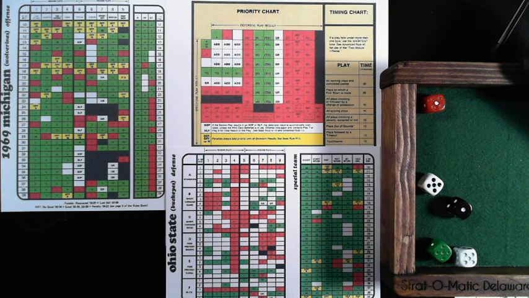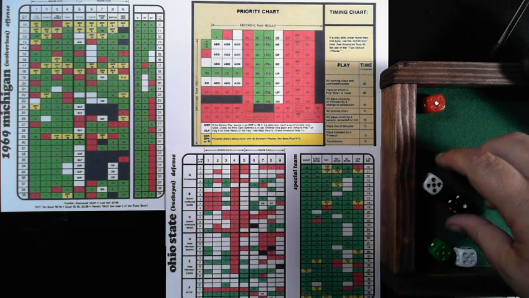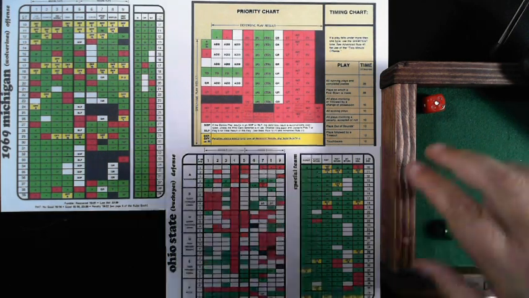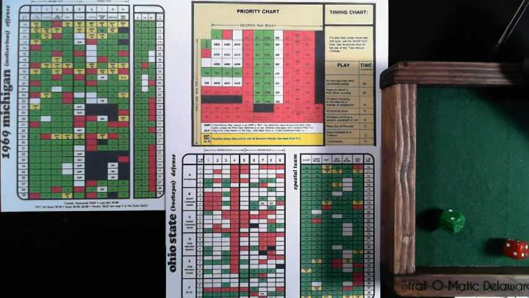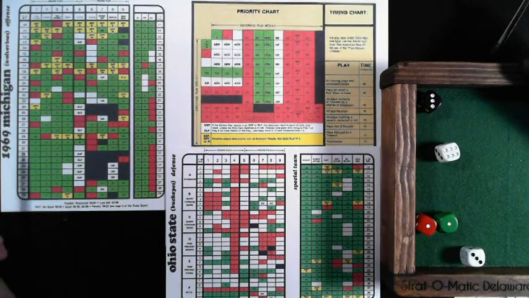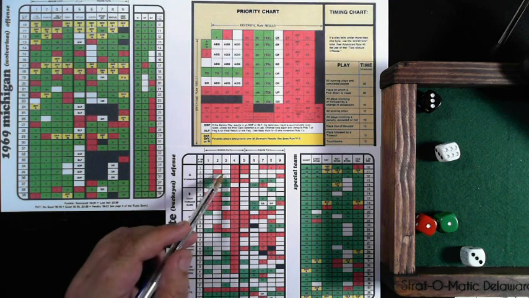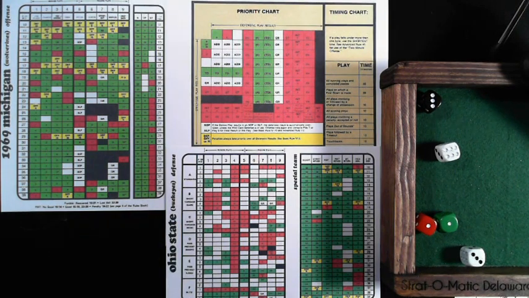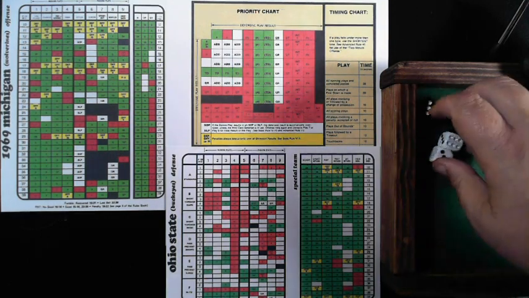2nd and 12, Michigan from their 40. Alrighty. They are looking to do an end run again, and Woody is calling for an alpha, standard defense against the end run. 33-2, 33, 3-yard gain on the end run, alpha 2, no change. So that's going to bring up 3rd and 9, Michigan at their own 43-yard line, just at the beginning of the 3rd quarter.